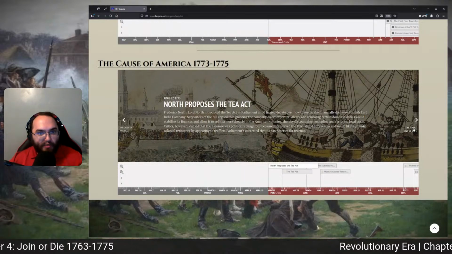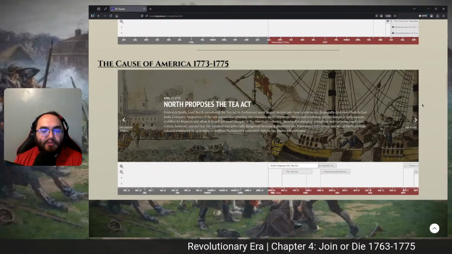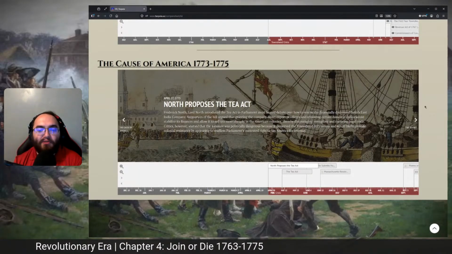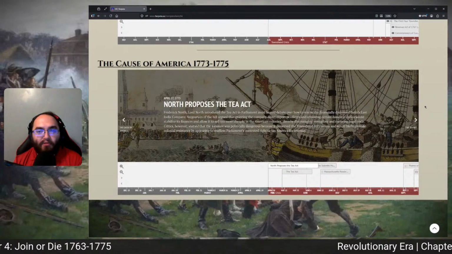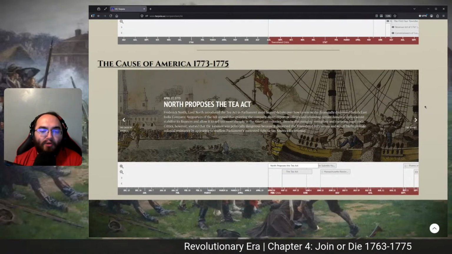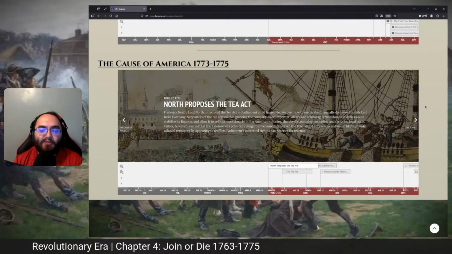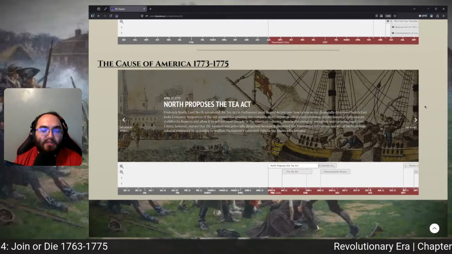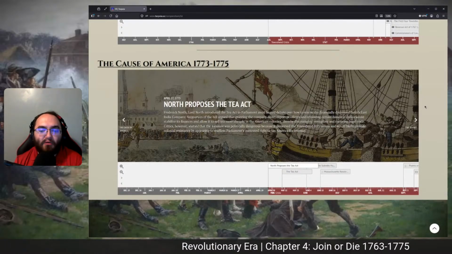So Lord North, he is the Prime Minister of England at this time, and he introduces the Tea Act to Parliament amid heated debate over how to rescue the financially distressed British East India Company, along with the credit crisis that's going on. Supporters of the bill argued that granting the company direct export privileges and removing certain domestic duties would stabilize its finances and allow it to sell tea more cheaply in the American colonies, thereby discouraging smuggling and